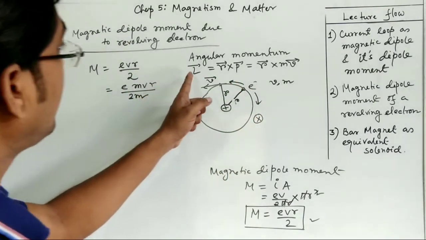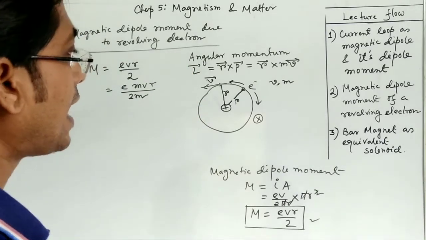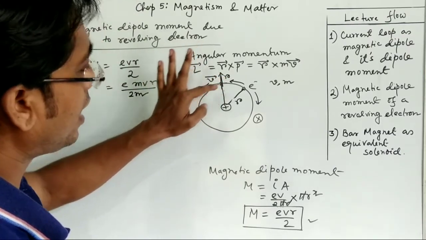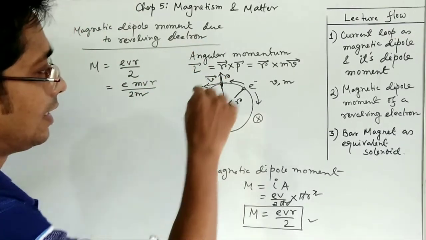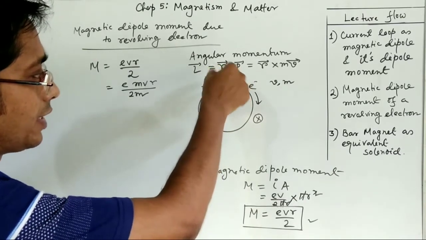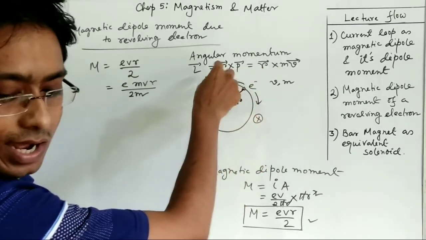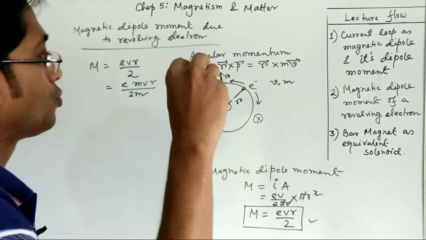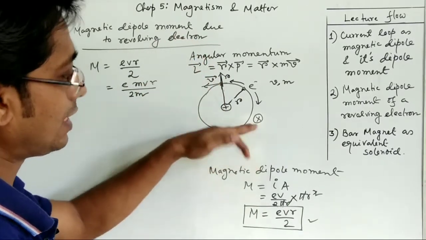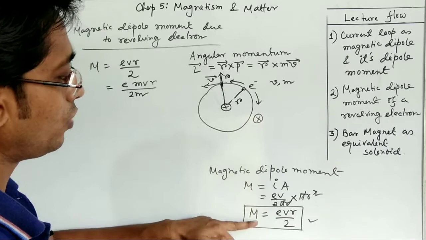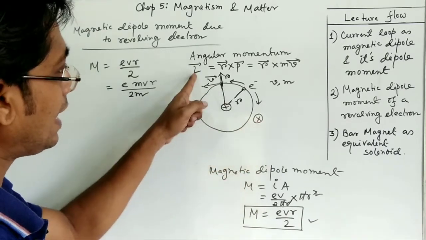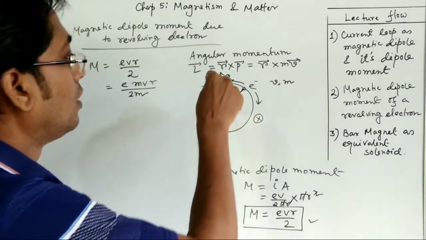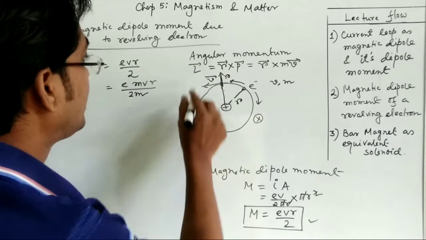Now what is the direction of L? That is r cross v. We extend r so that v and r just intersect. Then if we take a right hand corkscrew and rotate from r to v, according to the cross product it will come out in this direction. So the L direction is opposite to the direction of m. A few minutes ago I told you the m direction is inward, this one. So now the L direction is opposite to that, it is towards you. The tip of the right hand screw progresses in this direction towards you. So that is the direction of L.